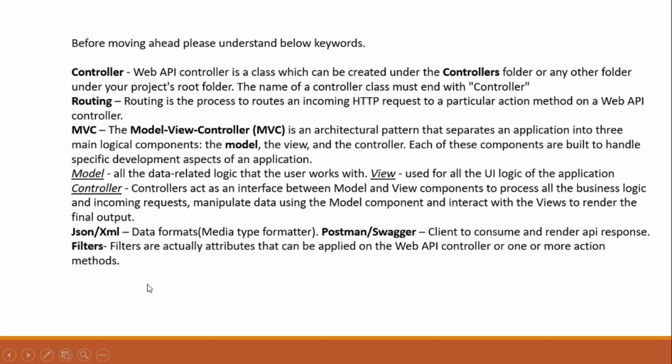So for them, I picked up some keywords and am trying to explain so that they can also become familiar with them. A controller is simply a class. If you have a basic understanding of C#, you definitely know what a class is and how it works. Controller is basically a class which interacts between models, views,